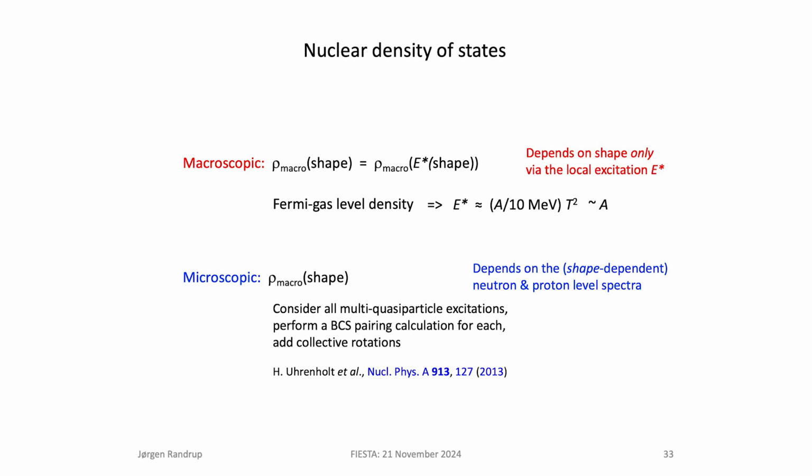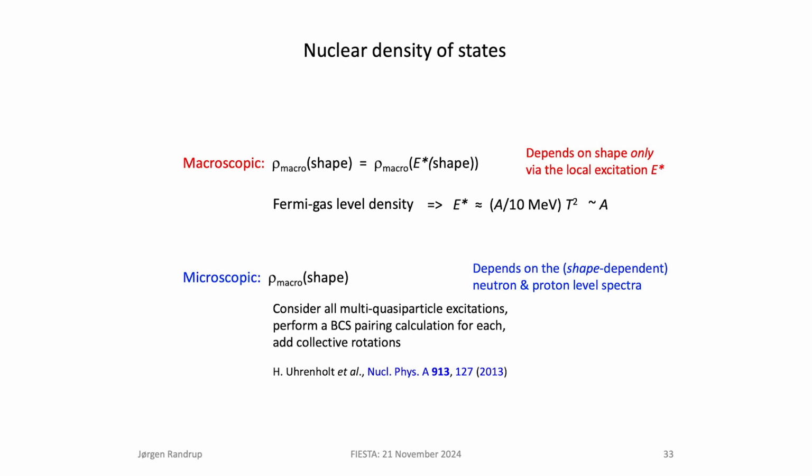The excitation energy in such a nucleus is just T squared times this level density parameter, which is proportional to the mass number. So if you use this, you simply expect that the excitation energy is divided according to mass, right? This is why it was so surprising. On the other hand, if you take account of nuclear structure,